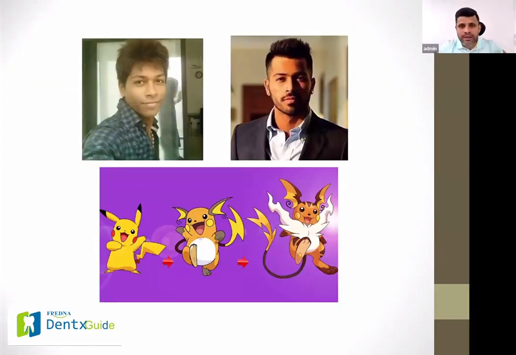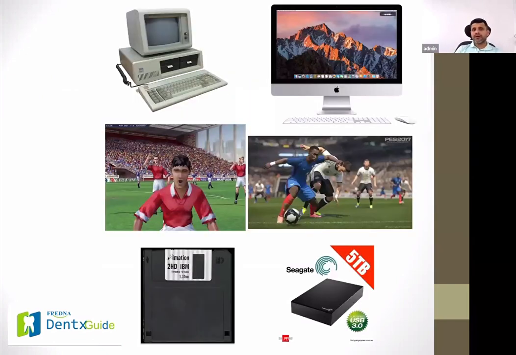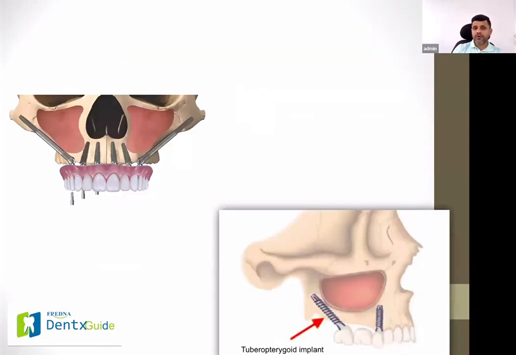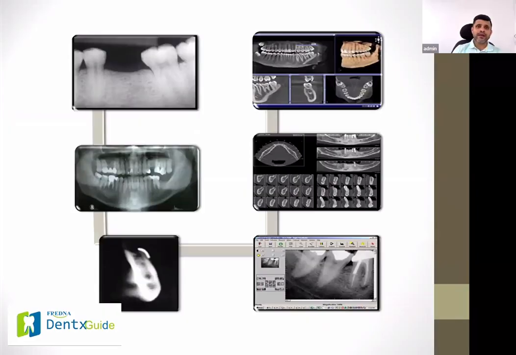Now that the world is evolving, we are not behind. We have also evolved in technology, in which the graphics, the memory, and the processor speed have all improved a lot. Implantology has improved from conventional implants to pterygoid implants, zygoma implants, sinus bypass, nerve bypass. And in radiology, we have come a long way from IOPA to CBCT scan. IOPA is still the gold standard in diagnostic radiology, but the disadvantage is that